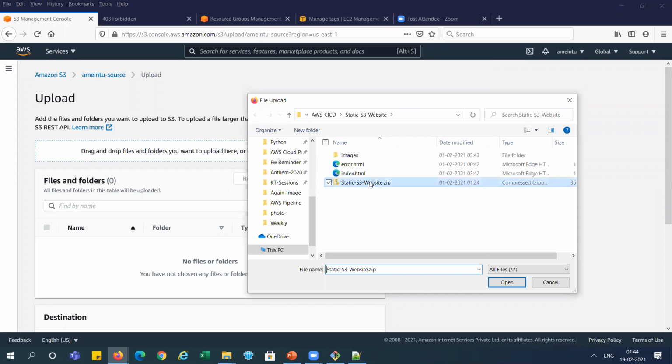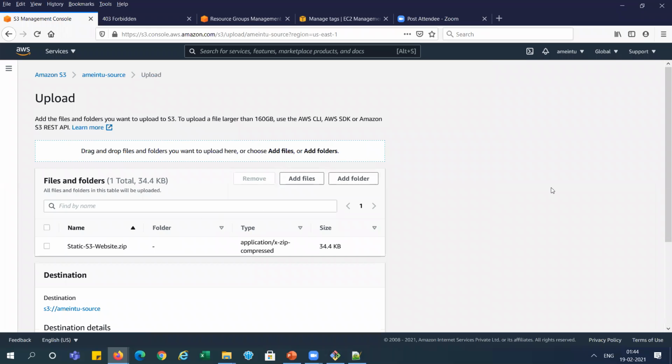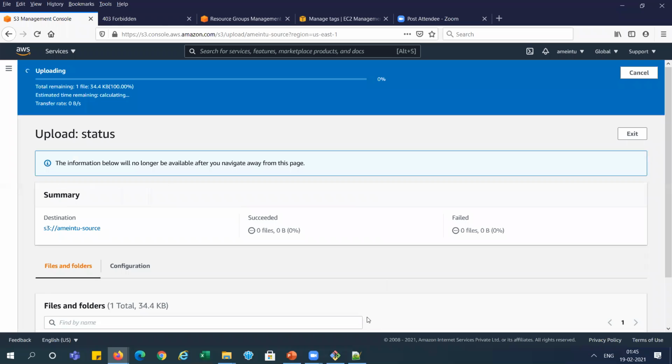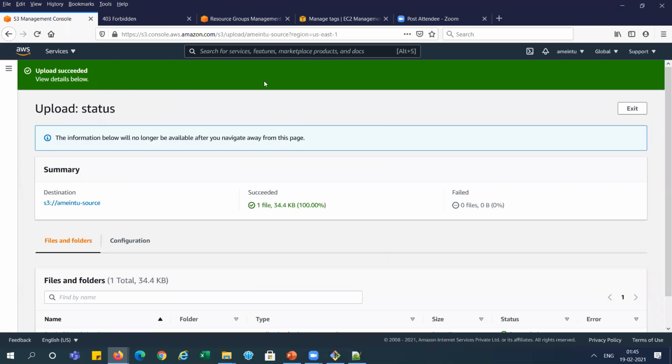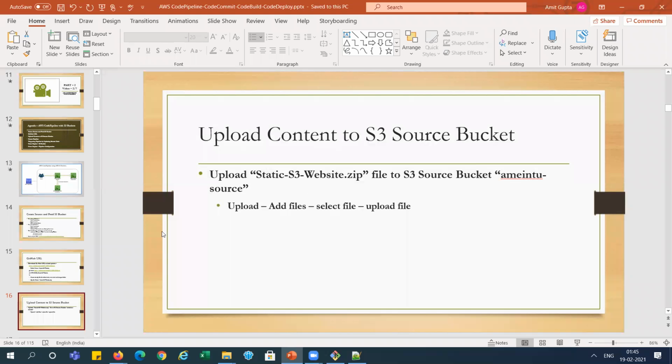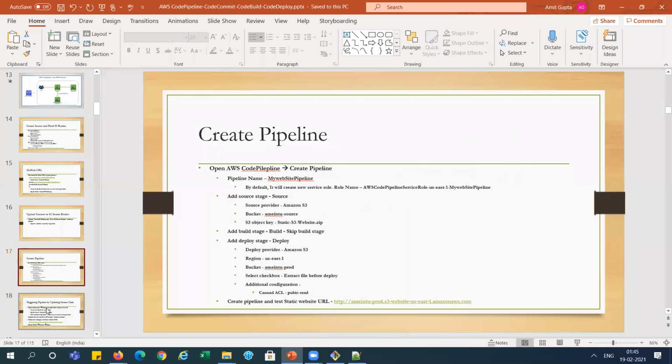You can see directly, we can select it, right? And upload. It is uploaded successfully, right? So we have done it. You can see here it is showing the zip file uploaded. Now we have done this slide. Now next slide.